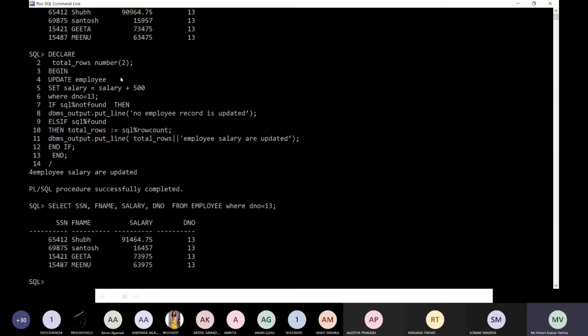That means how many rows are affected? There are 4 rows affected. So SQL%ROWCOUNT will basically return that value, right? The number of rows affected during the SQL statement in the cursor, and you use this cursor actively. Is it becoming clear? Similar to that, suppose we have 12, right? Department number 12, right? And we want to check this.